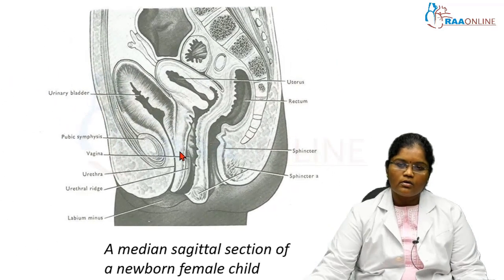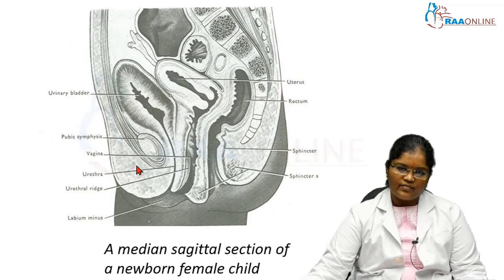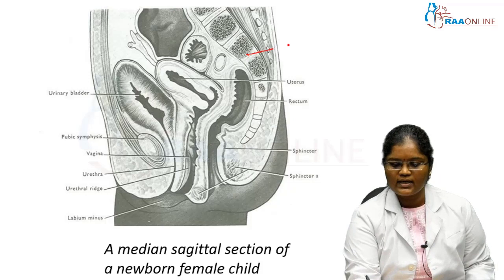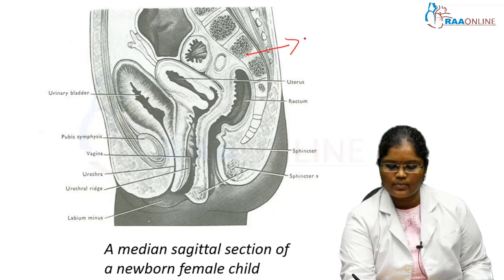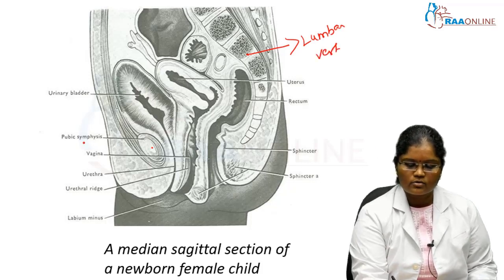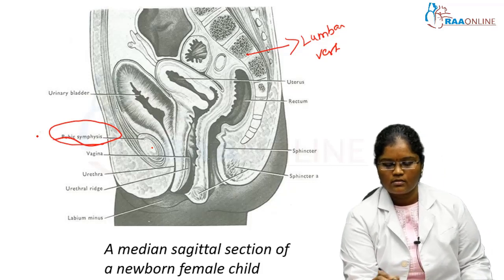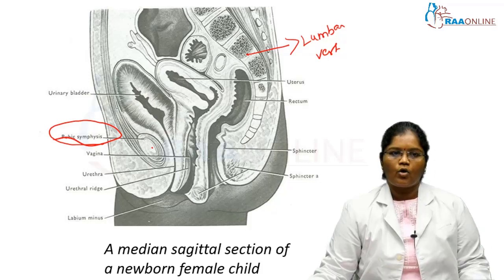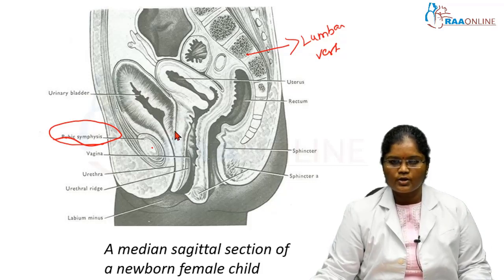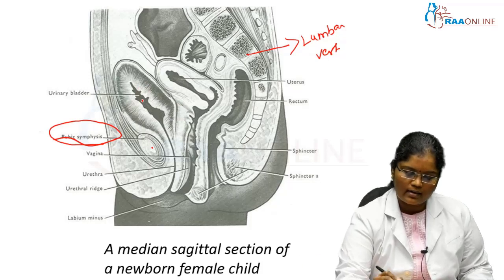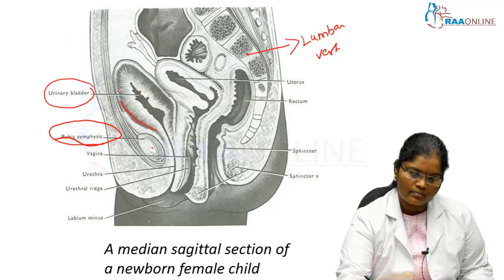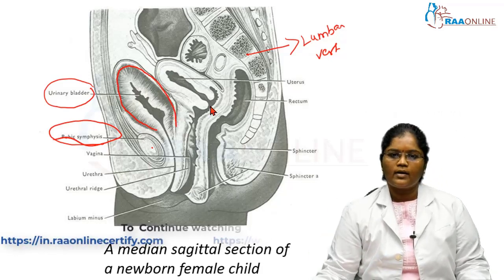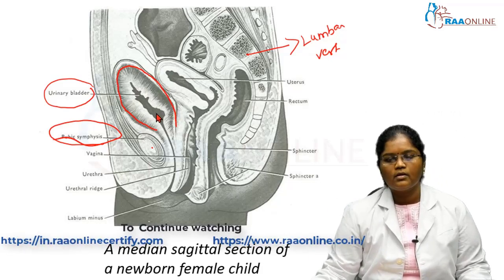Now we can see the position of the bladder. This is a sagittal section of the abdominopelvic cavity. This is posterior, which you can identify by the vertebra. This is the lumbar vertebra. This is anterior, which you can determine by the pubic symphysis. I have already explained that at 1 to 3 years of age it will be abdominopelvic. This is the urinary bladder, abdominopelvic in location. Later it descends down and enters the pelvic